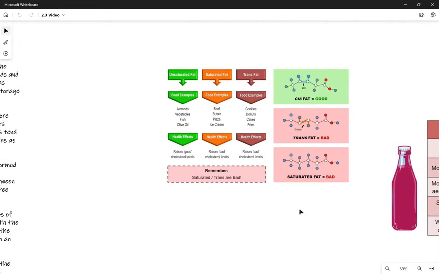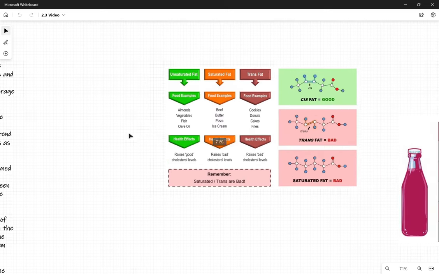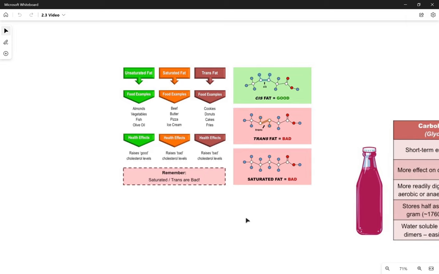Here's the different types of fats and how healthy they are. There's huge amounts of research that goes into this, but it's still rather subjective as to how bad fats are for you, and there's been a lot of debate over time. So here you can see cis fats are good, trans fats are bad, saturated fats are bad to a certain extent. So the thing with cis fats is that they're bent, that the two hydrogens on the same side cause a bend,